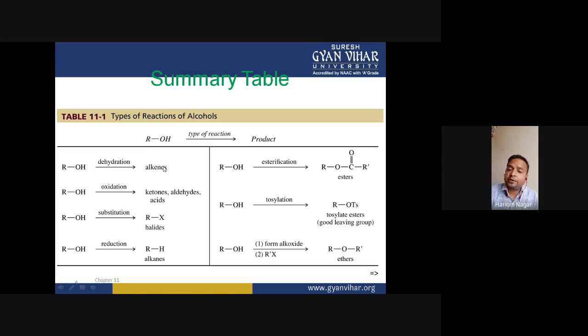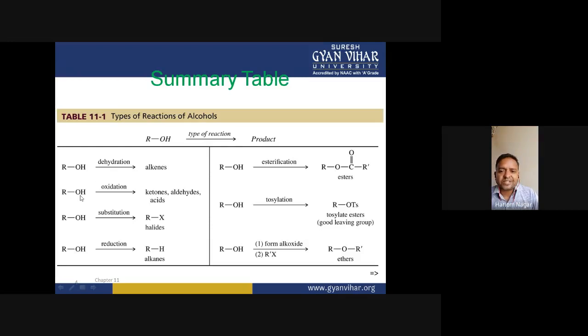I have told this many times: by beta elimination, when two groups eliminate from the first and second position, there is cleavage of two sigma bonds and formation of one pi bond, means formation of alkene type of compounds, right? So by beta elimination reaction, alcohol gives alkene product. And since in the beta elimination there is removal of water, this beta elimination is called dehydration reaction, right?